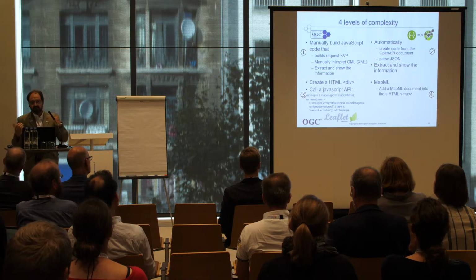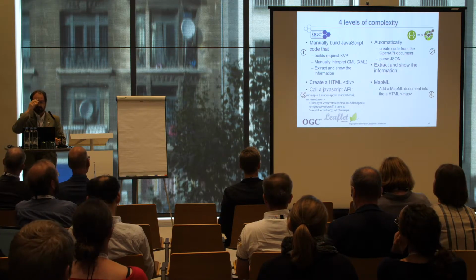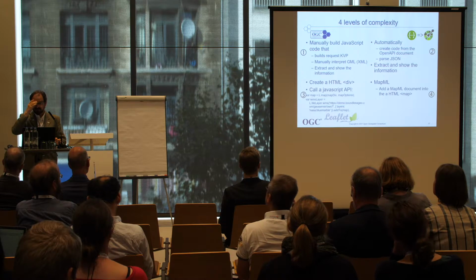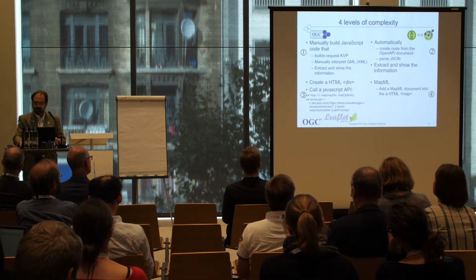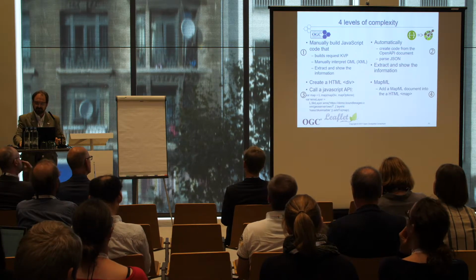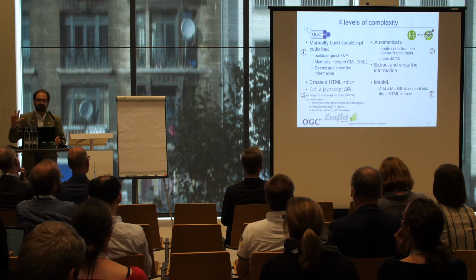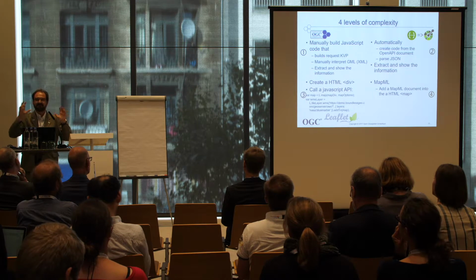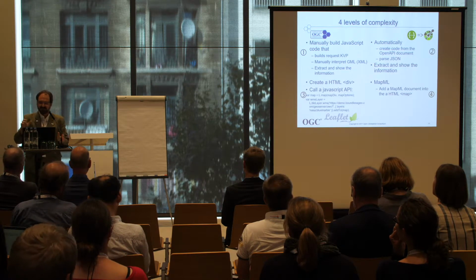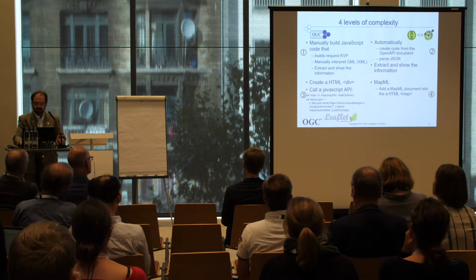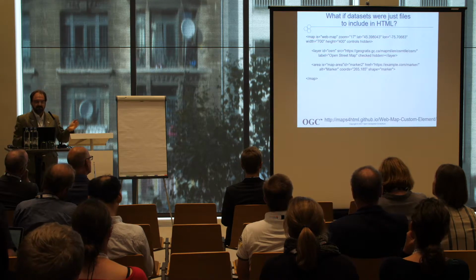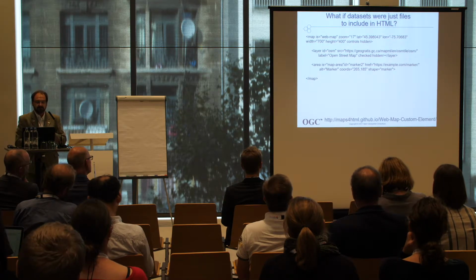So what about this other thing? In HTML, there was already a map entry, but it was not for that. It was for defining regions in an image that are active. I don't know if you remember the thing from the past. It's not very used these days, but it was. So the idea is just to extend that,